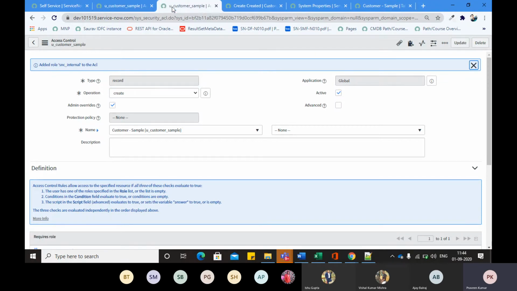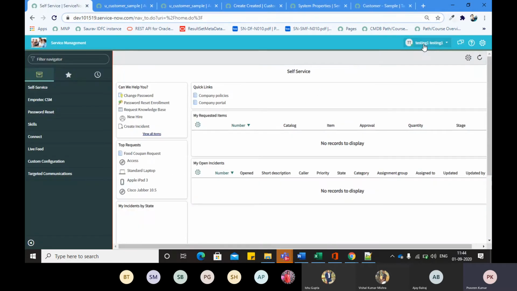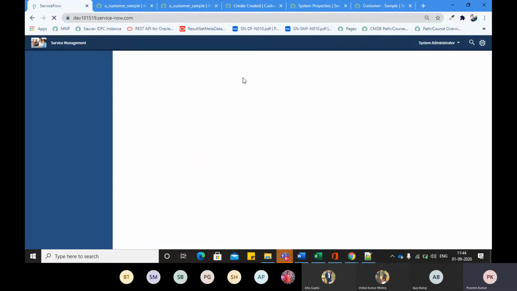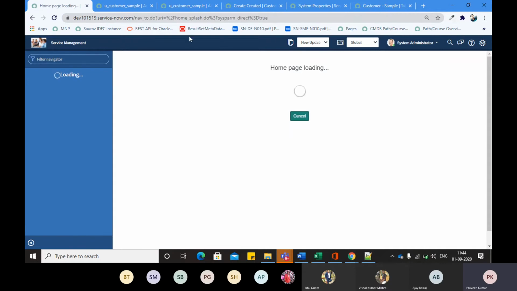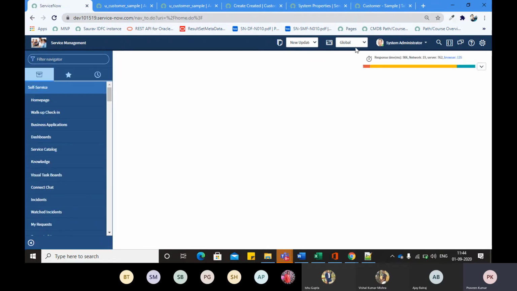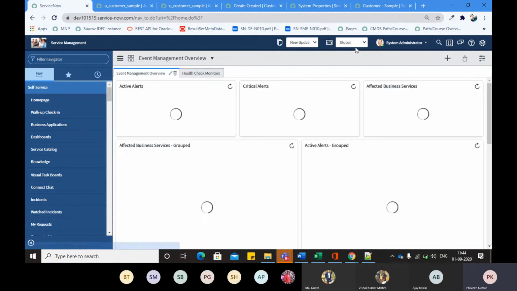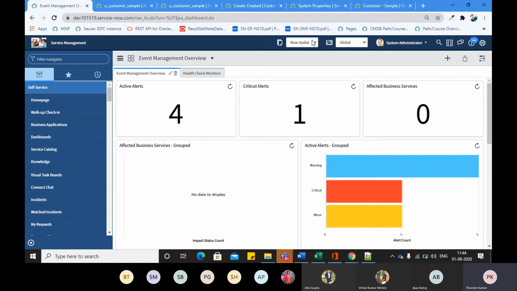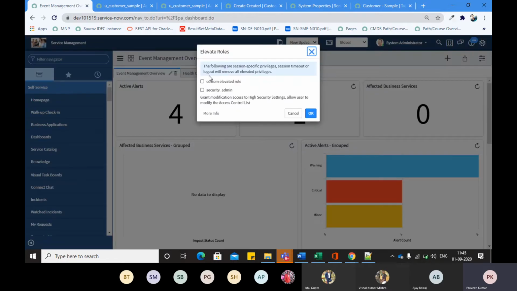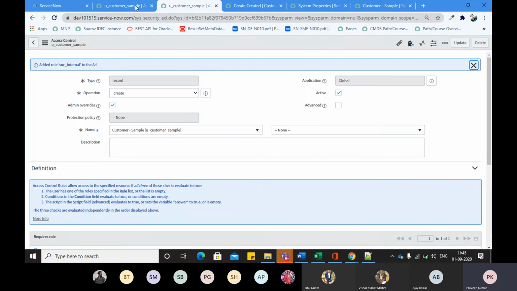So now what we'll do, I will create one more ACL, but I have to impersonate with the user and then create a write level access.